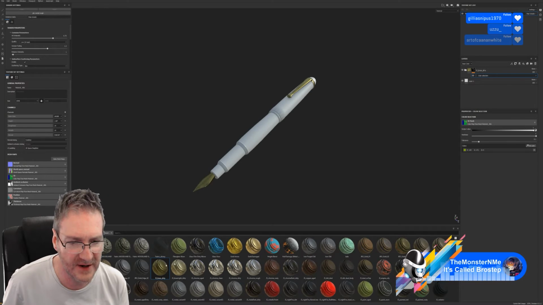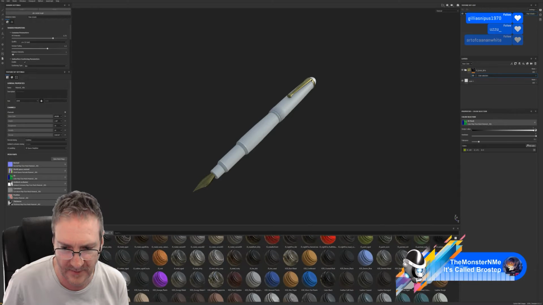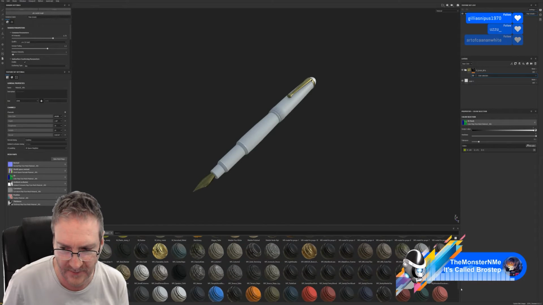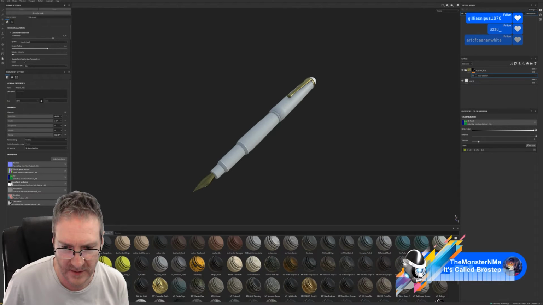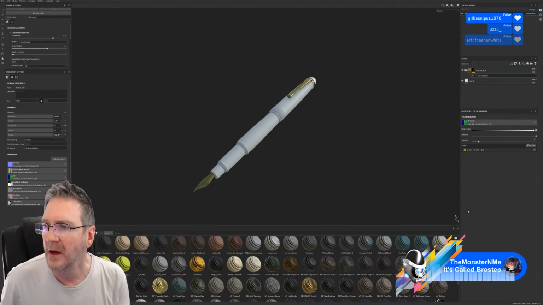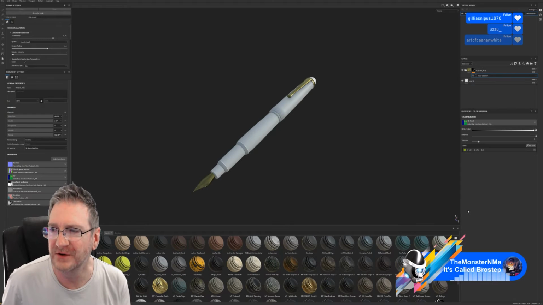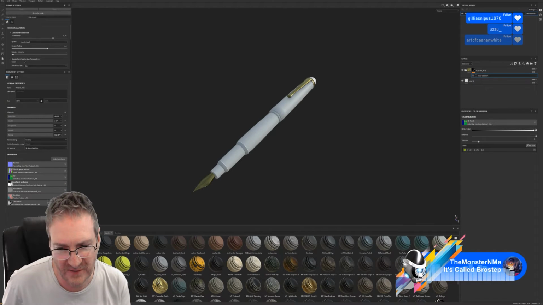What I want to do is throw a color underneath of that. So let's go with... Pen needs to be old. Yes, it does need to be old. That's what we're going to try and work on right now. So let's throw down...